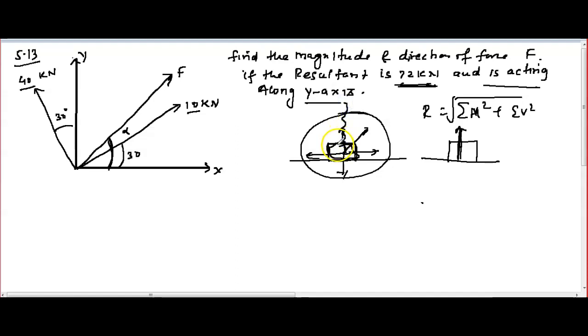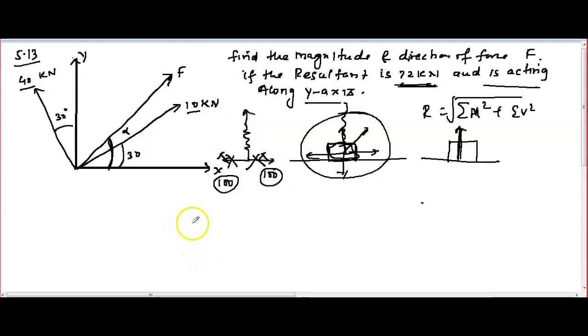So what does it mean? Finally this book is not moving along x here. If finally it's moving directly along the y-axis, it means whatever horizontal force was on this side and whatever horizontal force was on this side, all cancelled. Like if 100 was on this side, this side is balanced, this is negative 100, meaning the total horizontal forces will be 0. Then it's moving along the y-axis.